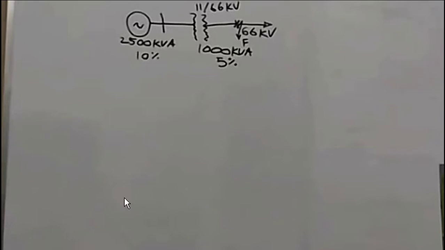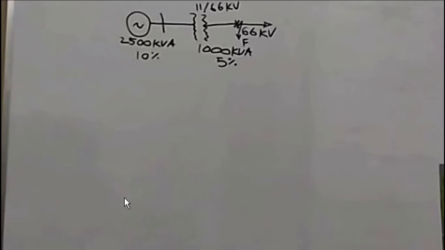The problem you have understood all. How easy it is if we can understand and solve it, but with another system it will be difficult to solve. So the problem you can understand is: synchronous generator 2500 kVA. It is the full load kVA rating, the rated kVA.